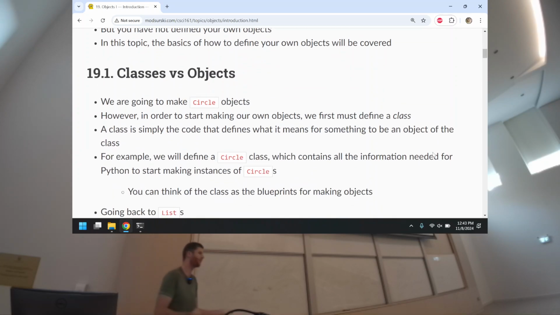So classes versus objects. Sometimes these words are used interchangeably. Technically, there is a difference. I will almost certainly use them interchangeably by accident, but I'll do my best. I'll define the difference, but just know that most people use them interchangeably, kind of like arguments and parameters. There is a difference, but